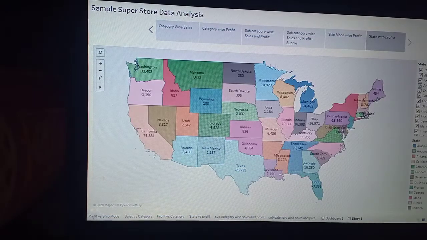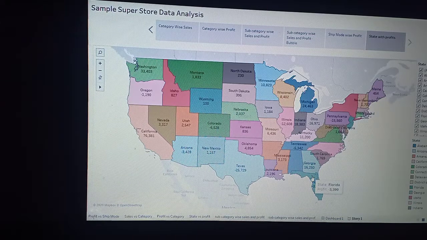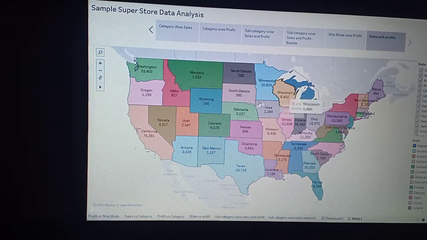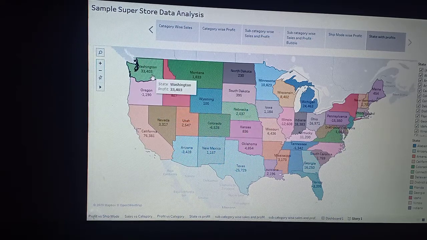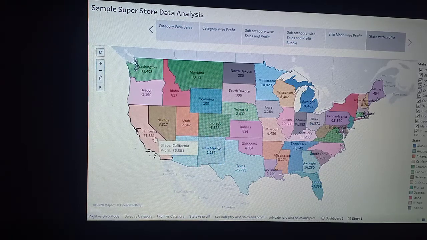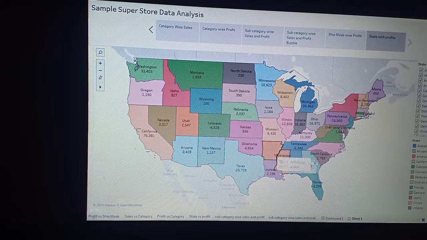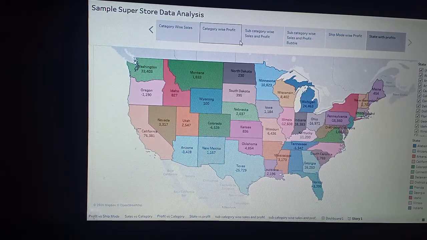So this is state wise. I've done this with the map thing. State wise profit. Every state is given where the business of this company, Superstore, is, and those state names are given, and the profit which is happening in those particular states, I have also included that. Like Washington is one of the highly profitable states. California is, I think, the highest profitable state. Similarly, Minnesota is very high. So these are the high profit states.